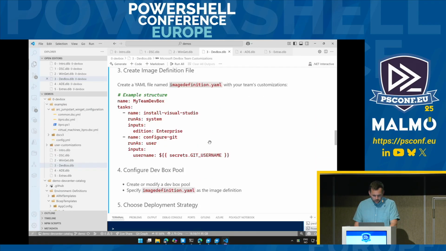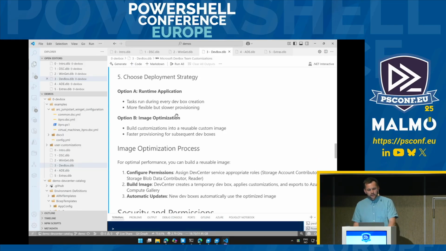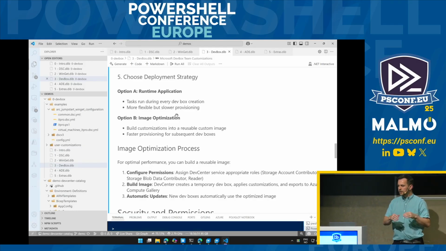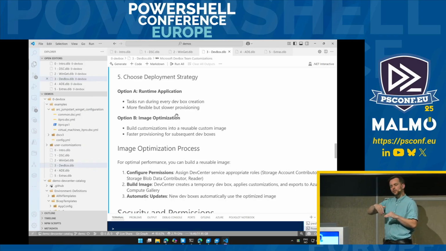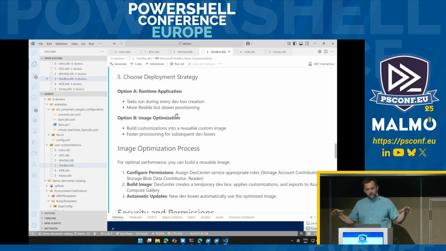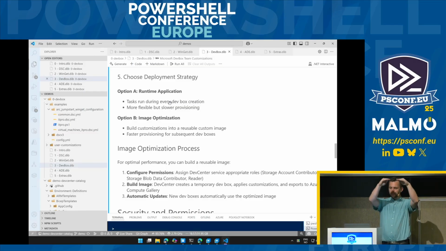The other thing I wanted to mention here is if you choose to have a lot of customizations, install a lot of applications, that can take a long time to install. It can take maybe an hour, 1.5 hours to install everything if you have a large file with a lot of things. So then you can choose, instead of consuming the marketplace images directly, to either bring your own image or use a marketplace image as a base, but pre-build with all of the customizations